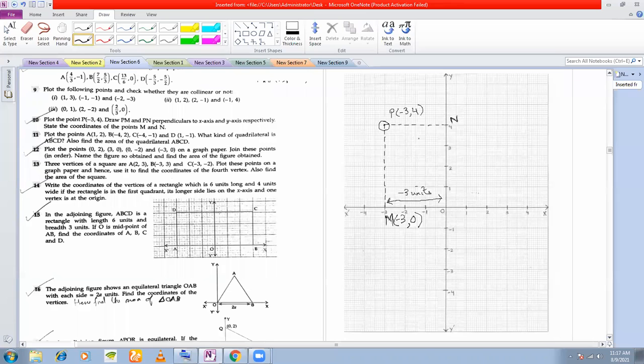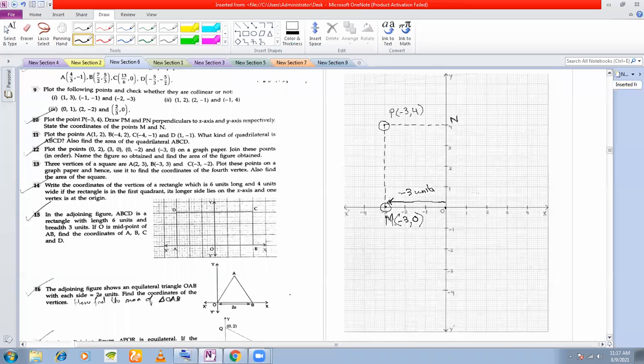All of you understood how we wrote the coordinates of M? So could you explain once again? See, M is a point on the X-axis, right? This point here. In order to reach M, if you start from the origin here, you have to move in this direction, right? How many units are you moving? Minus 3 units, right? So that means your X coordinate will be minus 3. Vertically, are you moving anywhere to reach M? You're not moving vertically anywhere. So therefore, Y coordinate will be 0. Clear?